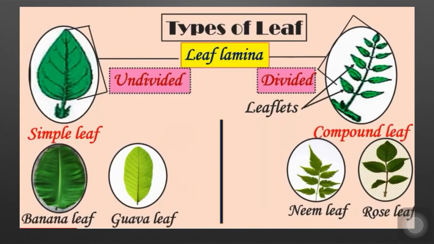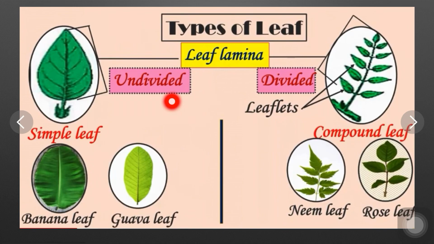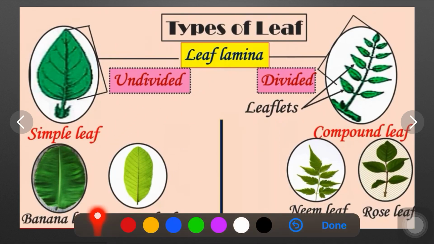As you know, there are two different types of leaves: simple and compound leaves. Simple leaves may be lobed or divided but do not form distinct leaflets. As you can see, there is an undivided leaf lamina in simple leaves. For example, banana leaf and guava leaf are simple leaves,